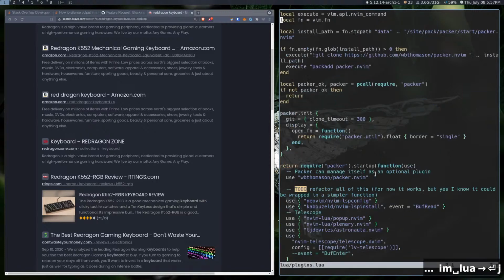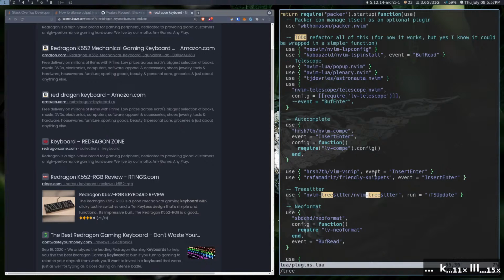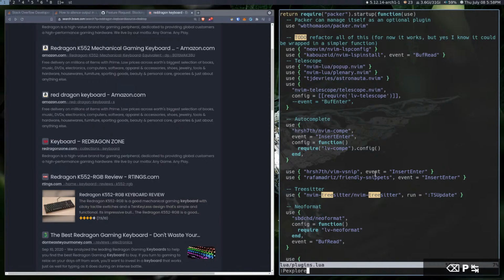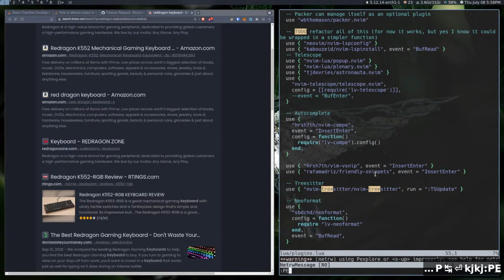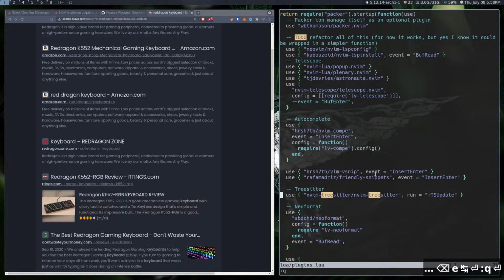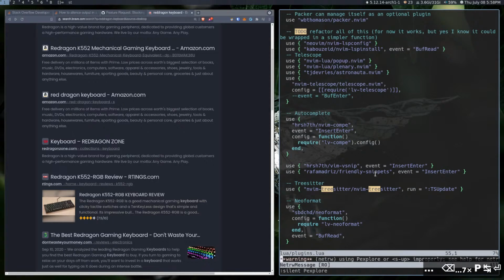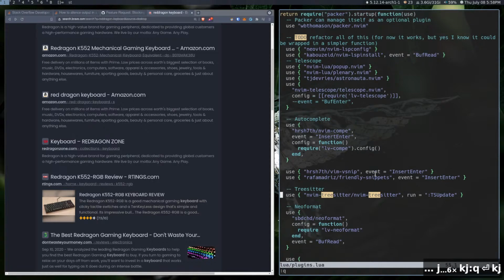So what if we then did Lua plugins? We look for tree sitter. And what if we, because can you do two commands one after another like that? What's a command that I have? Do I have Packer right now? Oh, there's P Explorer, right? Get out of here. So what if we do silent? Okay, you can do it. Why is it not? Oh, it doesn't have my config. Okay. So yeah, let's give that a shot. Silently